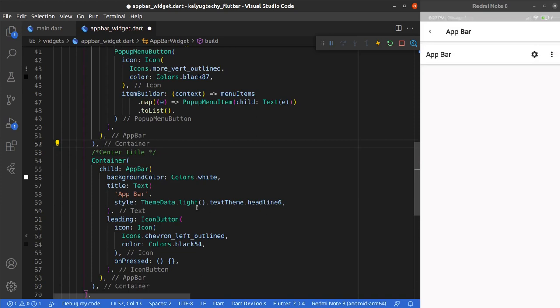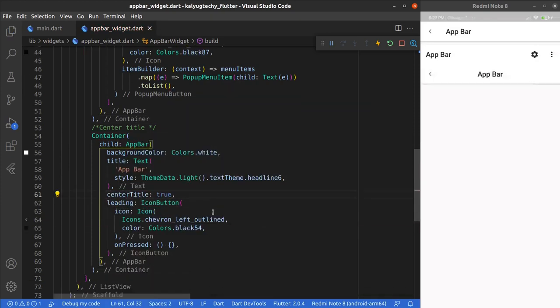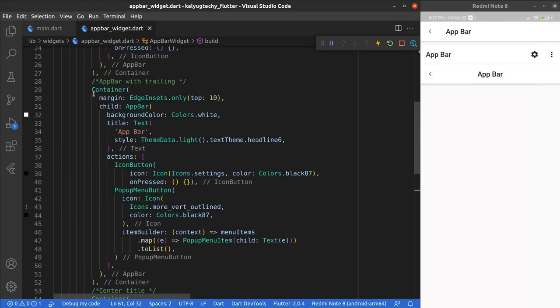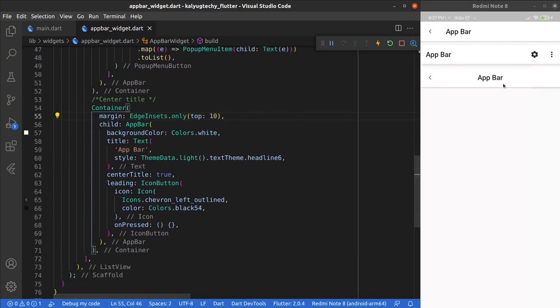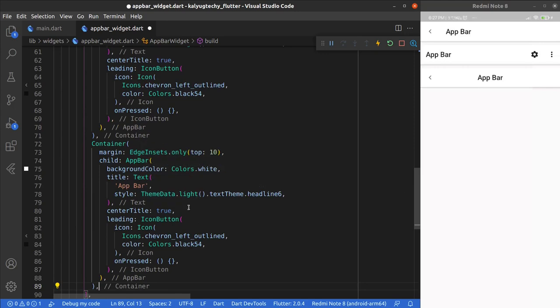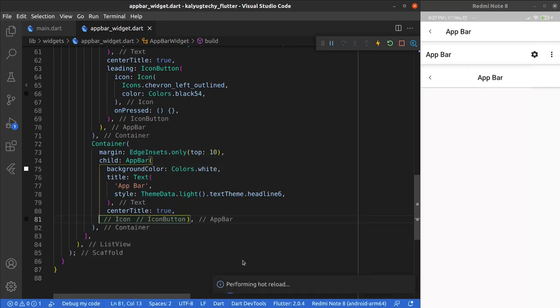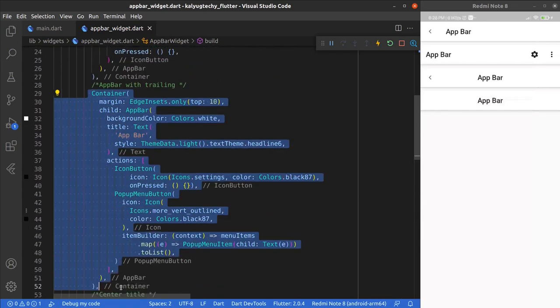Now we have the center title. The app bar has a property centerTitle, we have to make it true, and we can see we have a centered app bar. That's the simplest one, the app bar with the centered title, that's it.